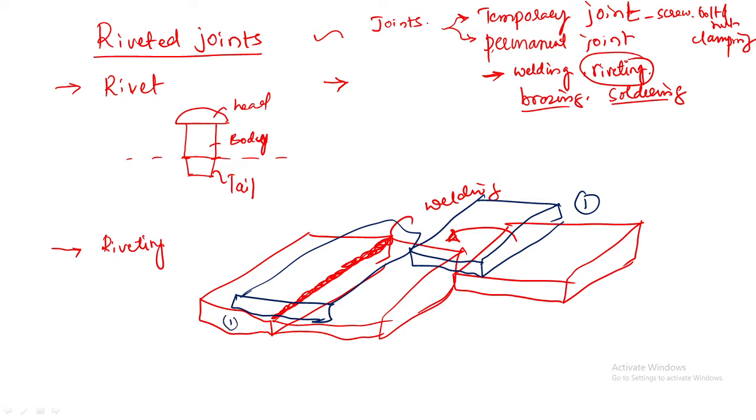So here you have plates to connect. You have placed two plates here, and over this one you have placed one more plate, that is what is called a cover plate. But in this case you have placed plates 1 and 2 such that just one surface is in contact with the other surface here. Now let us look at only the riveting procedure here.